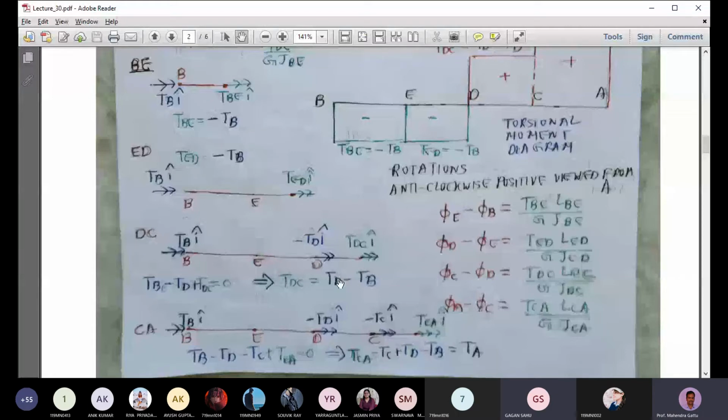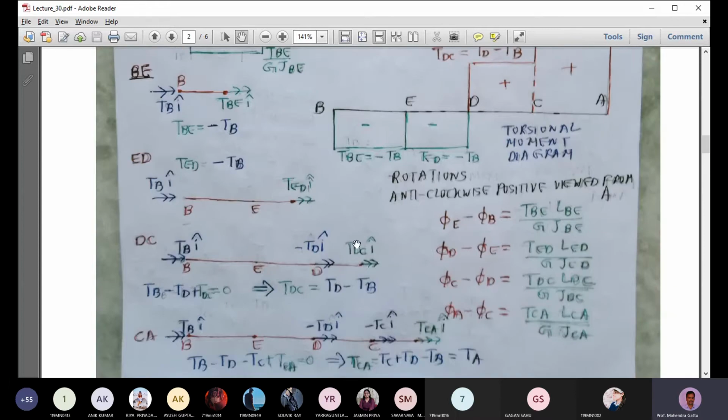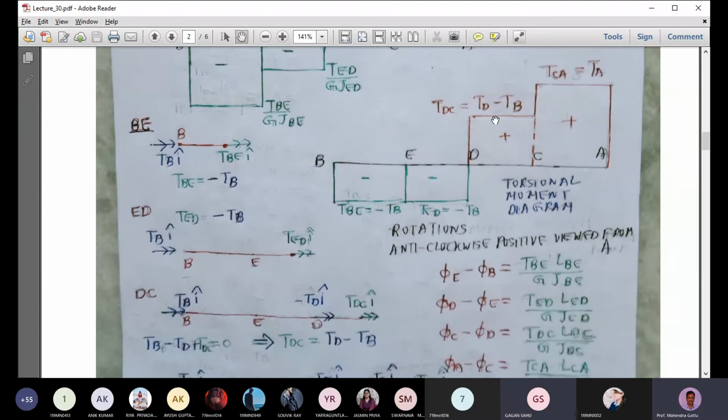Okay, so TD is 6 and TB is 4. So I'm just writing it above the x-axis, just for reference. We don't know the exact value of TD and TB. For this problem, I'm just choosing TD as 6 and TB as 2. So 6 minus 2 is 4, so it lies above the x-axis, and it will be positive.